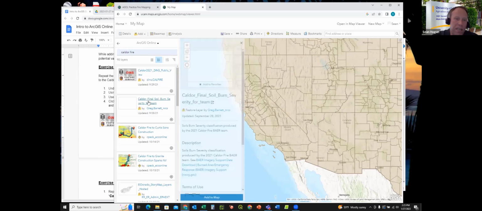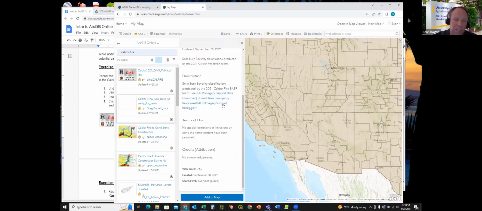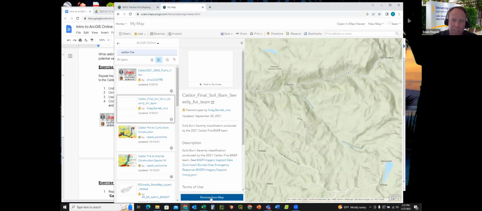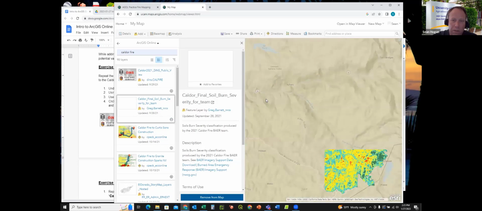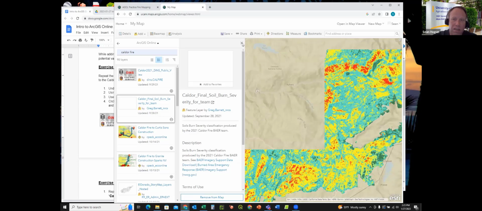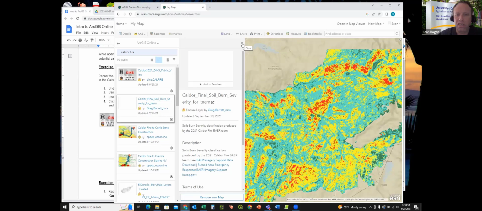And so if I click on that one, you'll see information about it again. This is actually a pretty good layer, very robust. I have a friend that was one of the people that helped collect this data for the Caldor fire. But what we can do is add this to the map, and what you'll see, hopefully, there you go. You'll have a layer that comes in that shows the burn severity of the